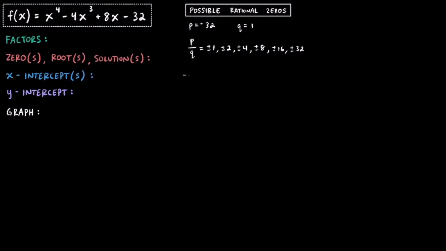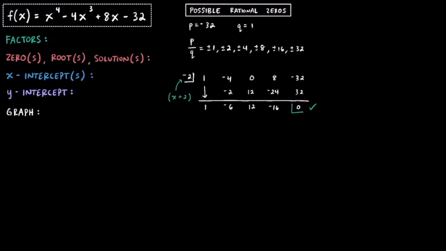So I pick negative 2 off the list, and I'm going to go ahead and write the coefficients for the polynomial, which are going to be 1, negative 4, 0, 8, and negative 32. Make sure you add in that 0 there because there's 0x squared. We need that for a placeholder. Since we got a remainder of 0 at the end, we know this negative 2 is a solution,